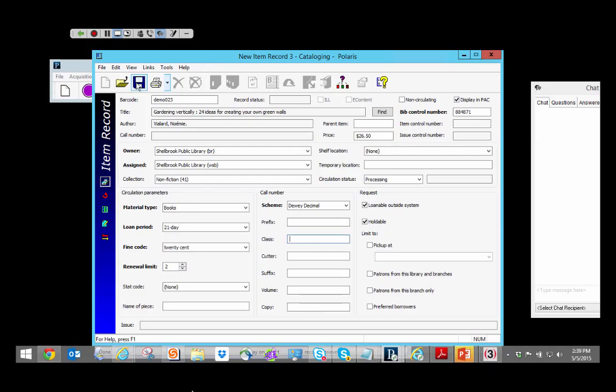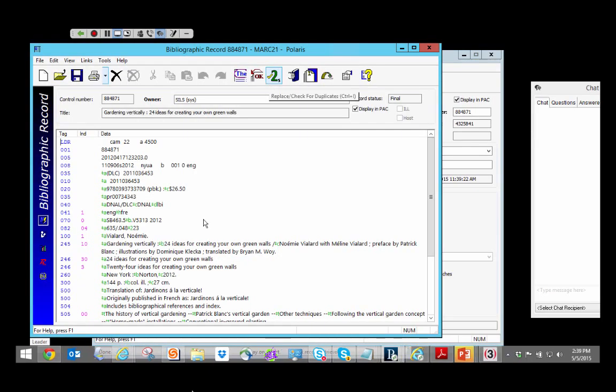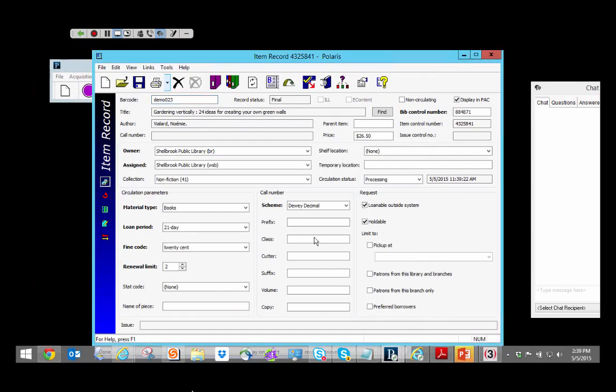So if I want to save this, I could have had it come over from the bib record, but you're not set to do that or it would have done it by itself already. So if I look at the bib, we have 635.048. So I'm just going to grab that and assume that that's what I want, but that might not be what I want. And then I'll stick it in a class. Let's say our collection is just not that big of a deal, so we don't have to have that many decimal points. And then I'll put the cutter in,